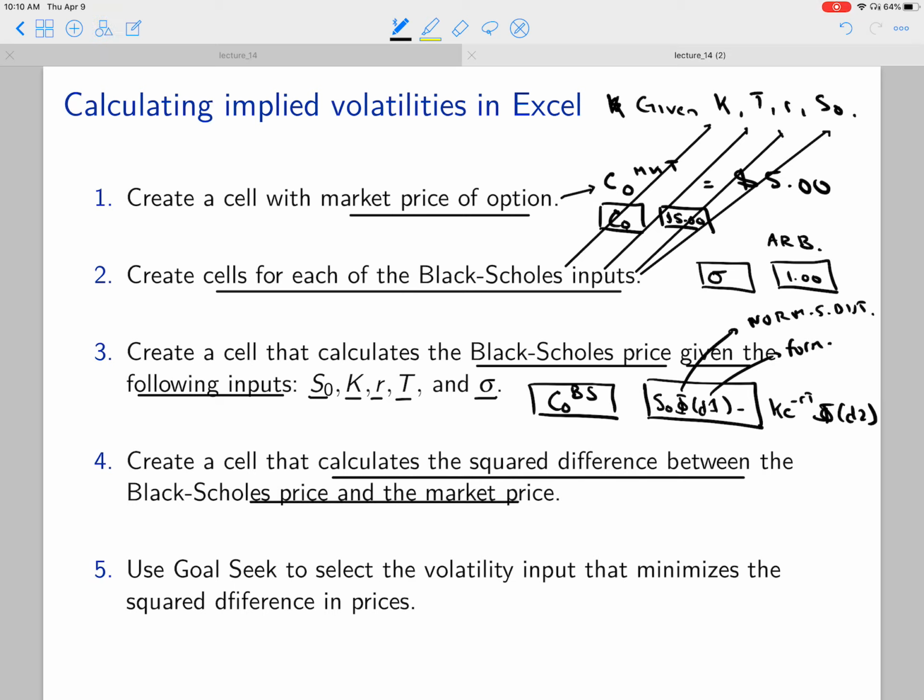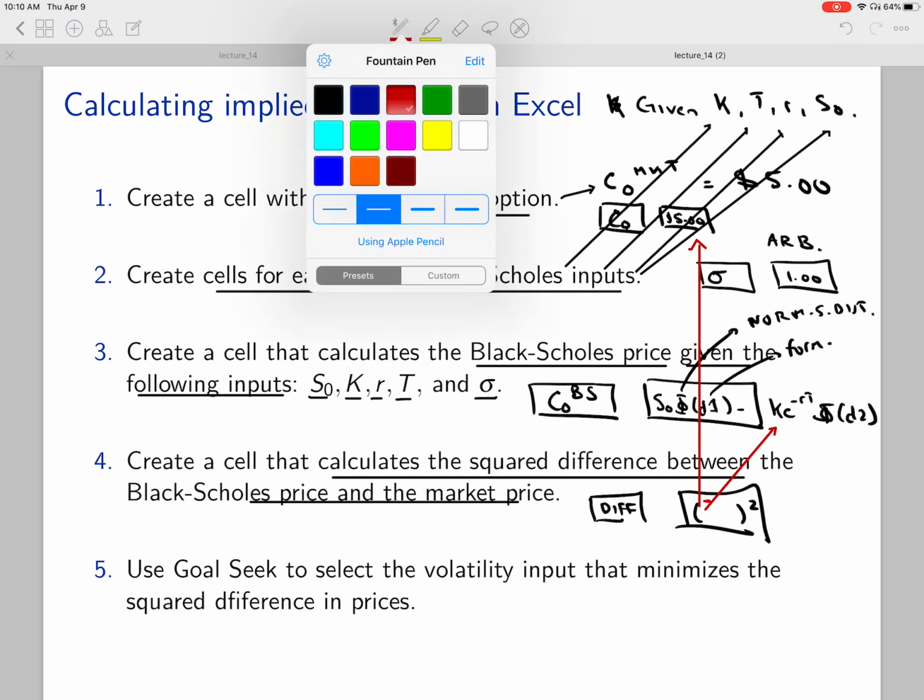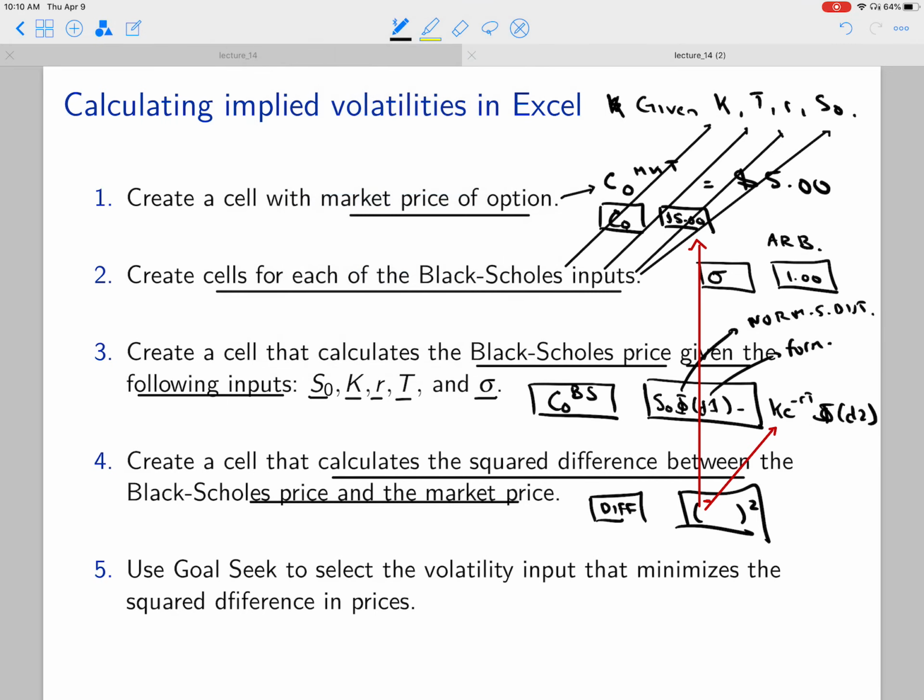Okay, there's one cell that is equal to something squared, where that something is this model price up here minus this right there. Okay, and you square. And finally, this is going to give you a difference. Say it will give you a difference of, say, 2 or something. You then want to use Goal Seek or Solver in Excel to select the volatility that minimizes the square difference in prices. So you use Goal Seek to set